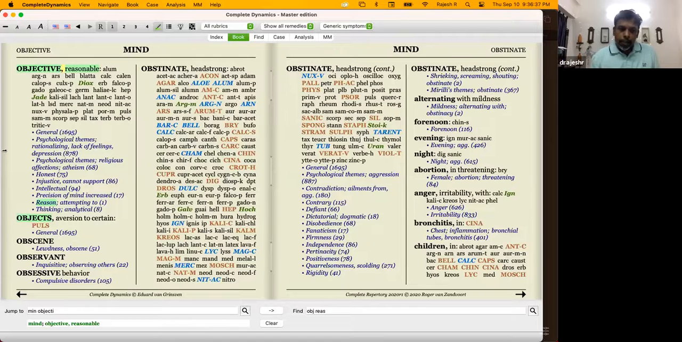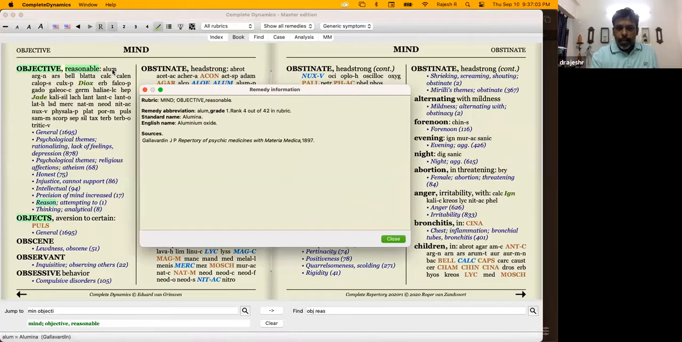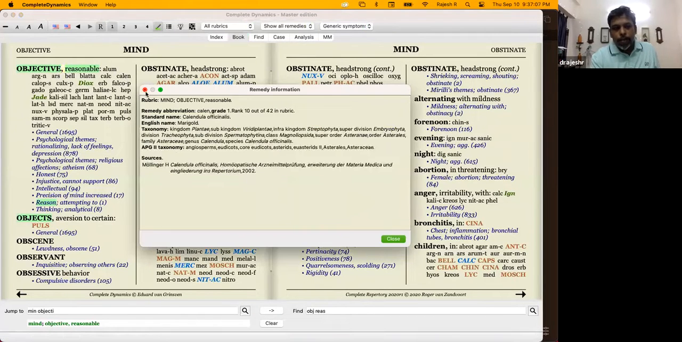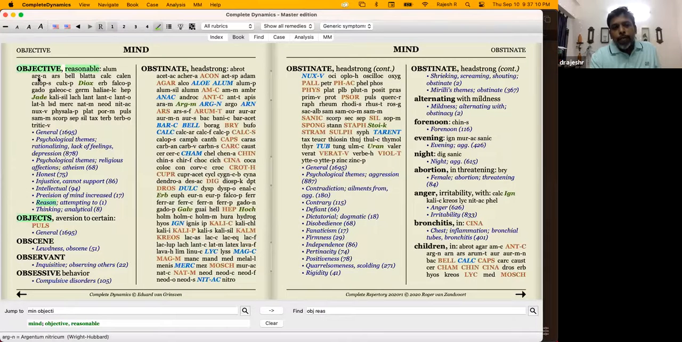And you can see intellectual injustice cannot support, precision of mind increased, all those things are there. Going deep into the mind, if you look at this rubric objective reasonable, there are old remedies and also new remedies to it. But to get a proper hold of it, when I answered, it could have appeared like, oh, how could you say that, you could have explained. But it was getting too late, so I just stopped. But most of these come from